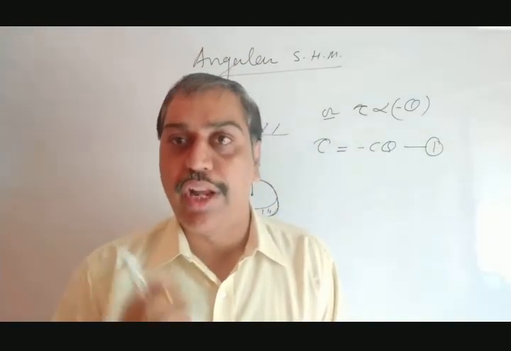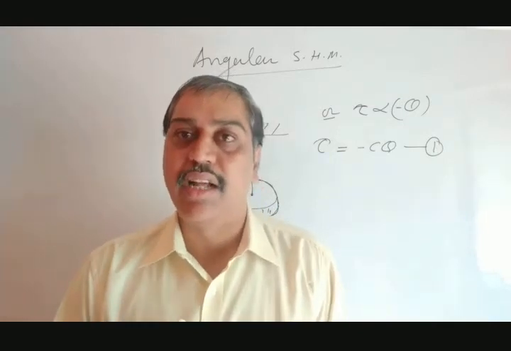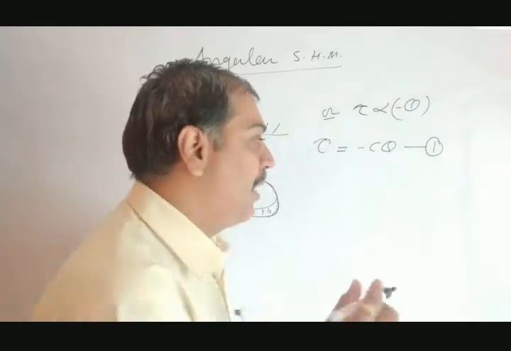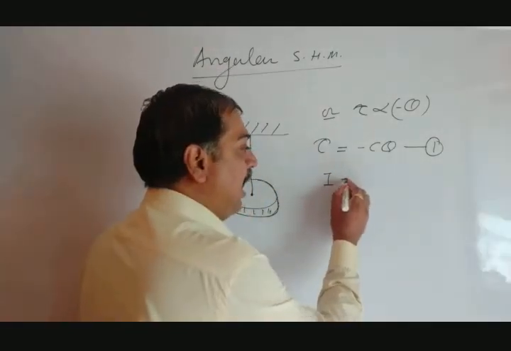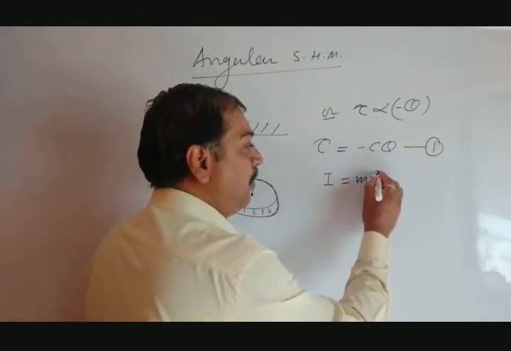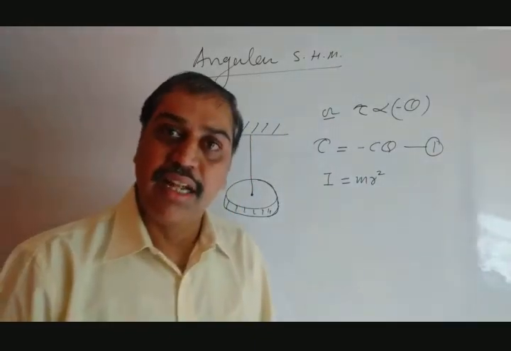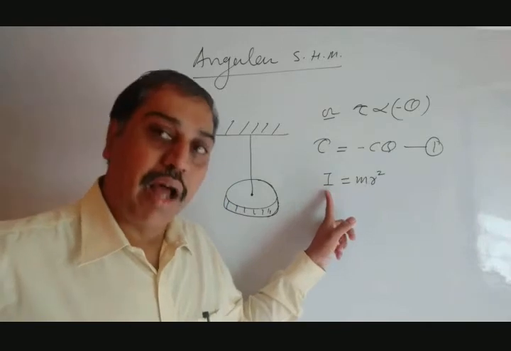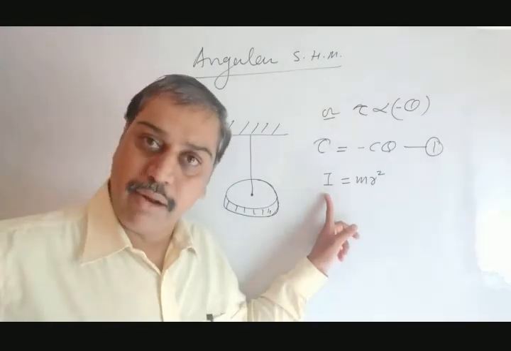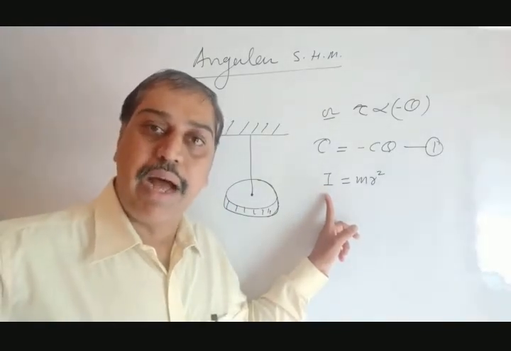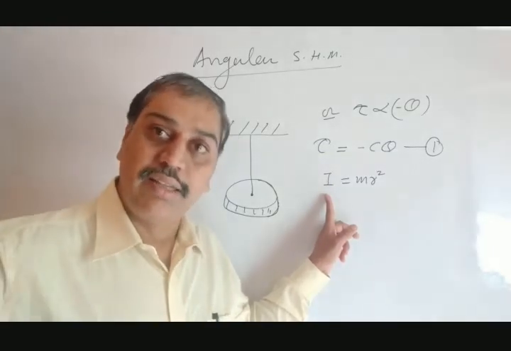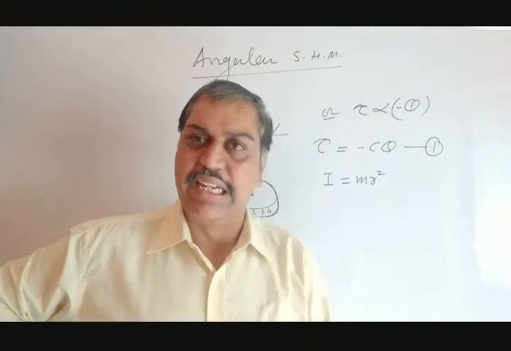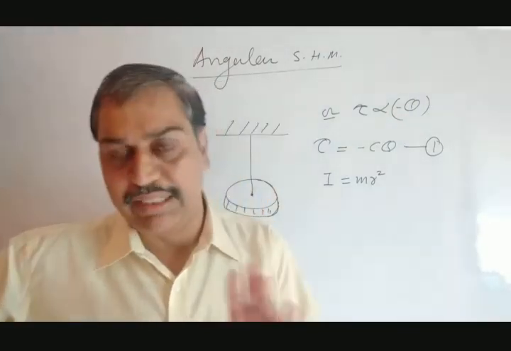Opposition to rotational motion is measured in terms of one quantity called moment of inertia, represented by I equal to m r square. M is the mass, r is the distance from the origin. So this m r square is nothing but I, and this I is said to be moment of inertia. It is similar to mass in translational motion. There is a mass; in rotational motion, there is a moment of inertia. We will see it in detail later on. First of all, remember this part only.